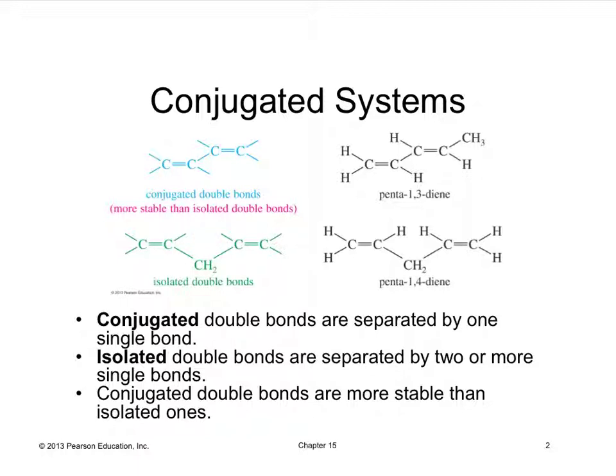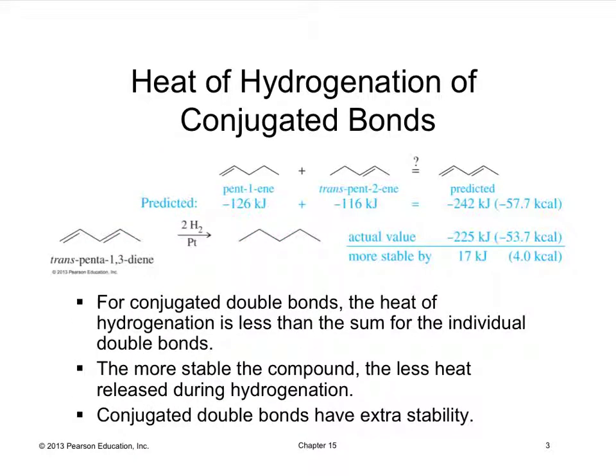When we compare conjugated versus isolated double bonds, conjugated double bonds are more stable. So penta-1,3-diene is more stable than penta-1,4-diene. For the conjugated double bonds, the heat of hydrogenation is less than the sum of the individual double bonds. So if we take